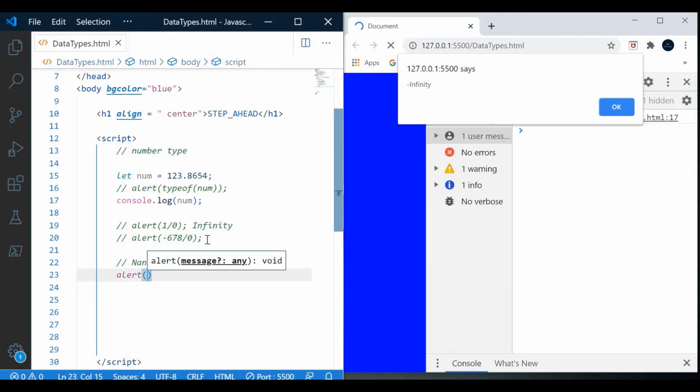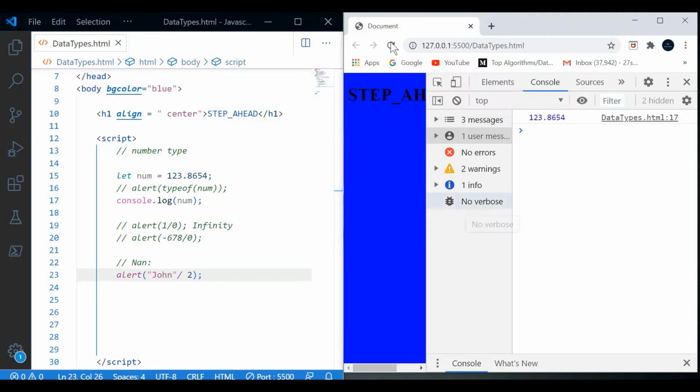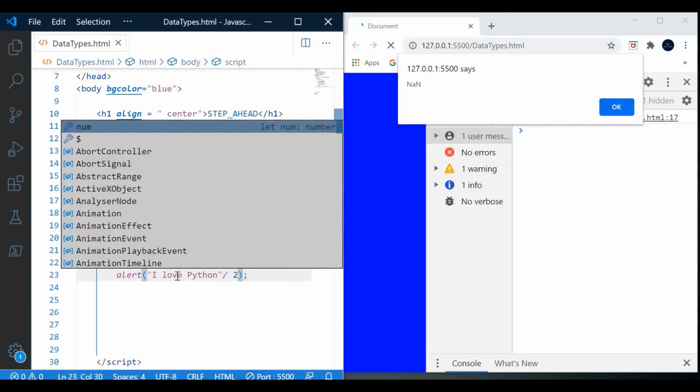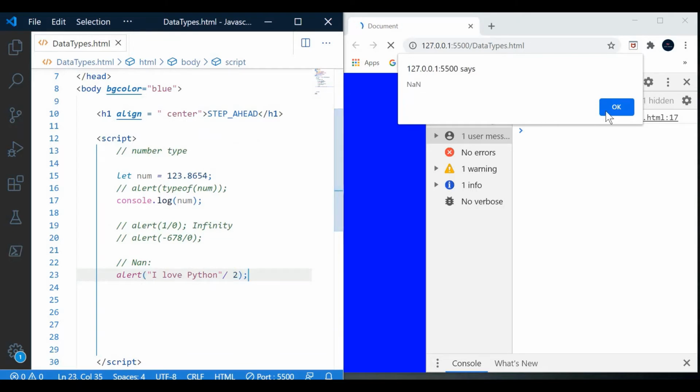alert. I will give a name here, John, and divide it by 2. So let's see what the output of this will be. It is not a number. In this place you can put I love Python. Then also it will show not a number.